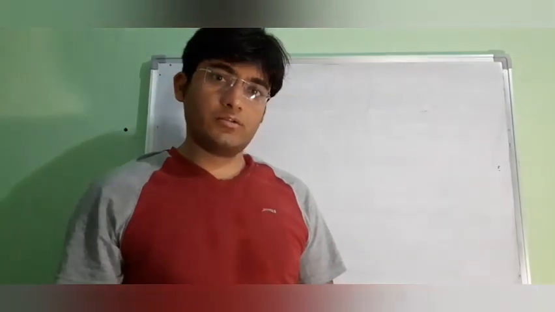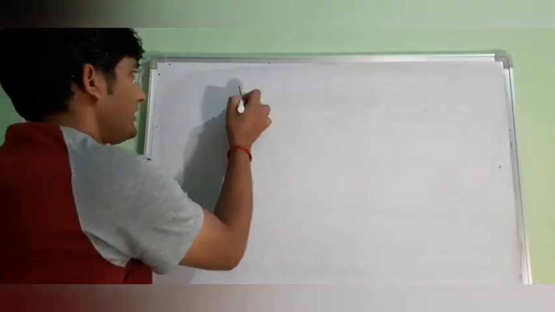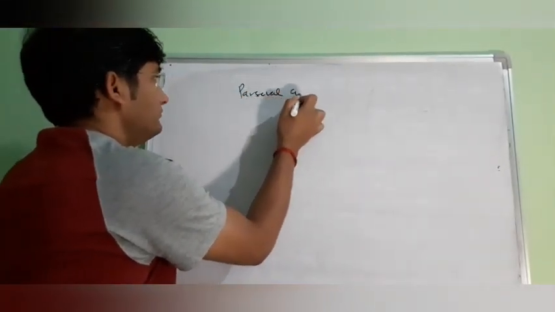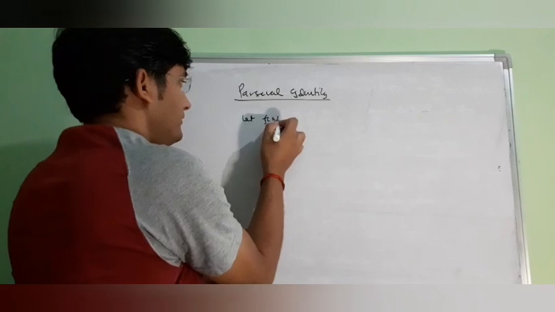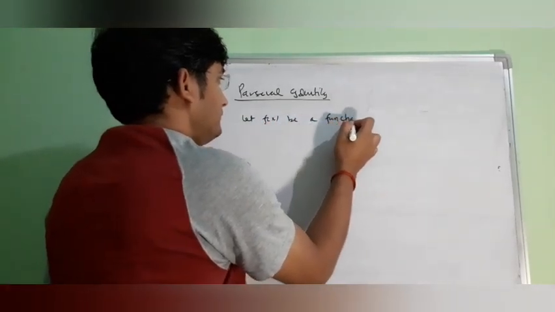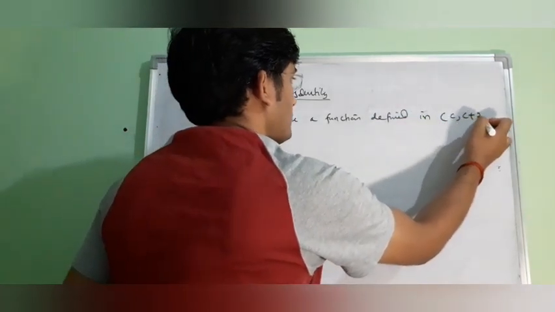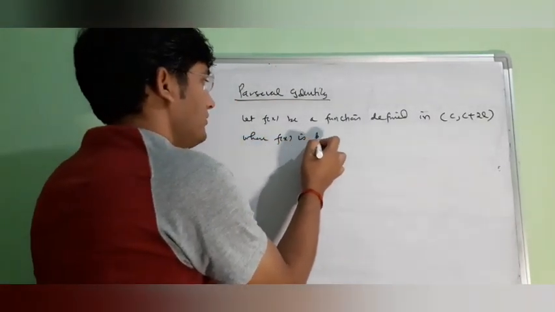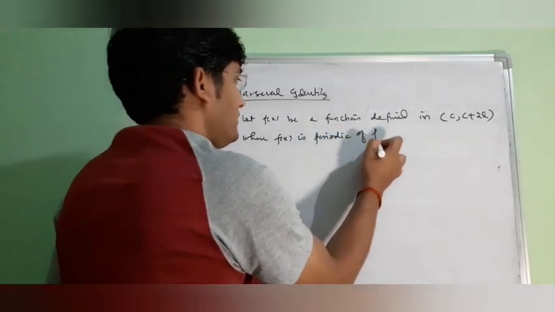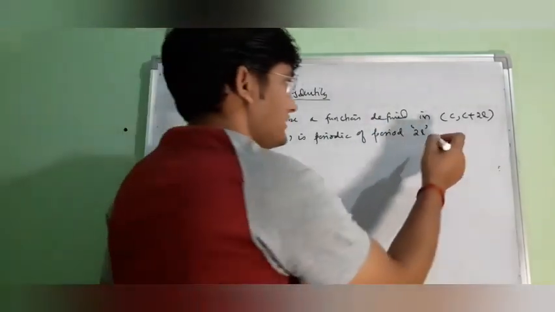Welcome again. In this lecture, I will discuss the Parseval identity related to Fourier series and we'll try to solve some questions. So, Parseval identity. Let f(x) be a function defined in the interval (c, c+2l), where f(x) is periodic of period 2l. Then we know that the Fourier series of f(x) is